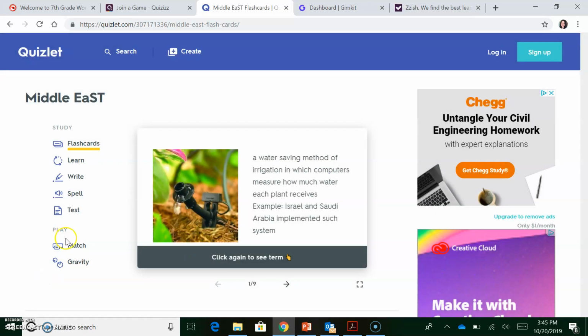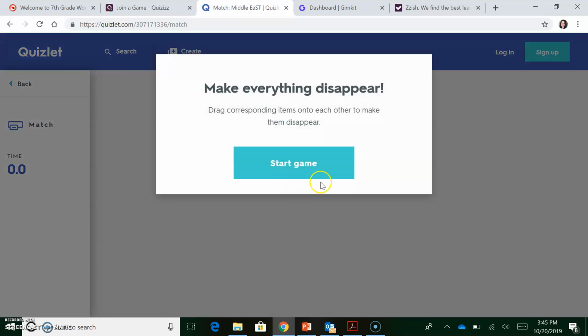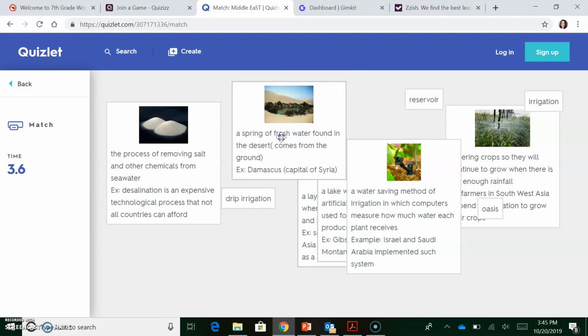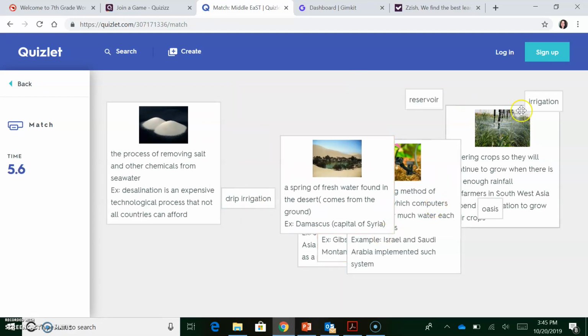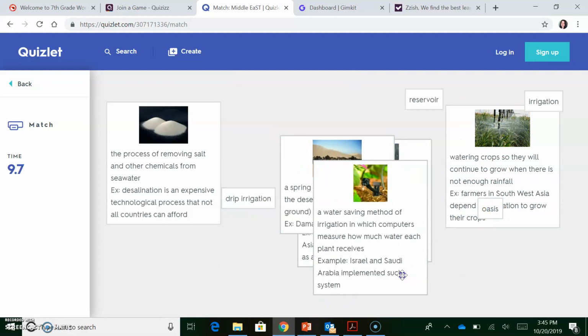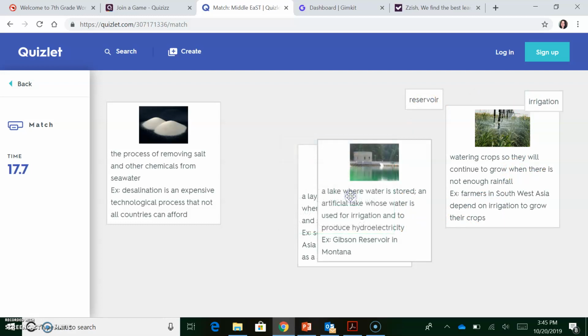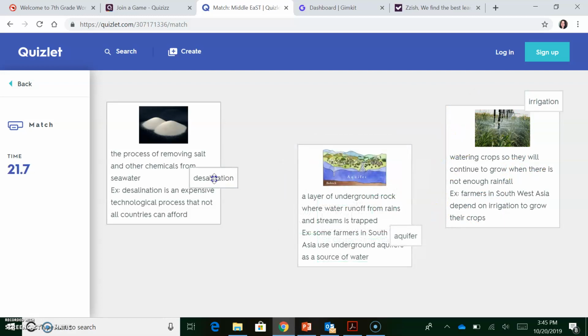And they're able to play the game, so it makes it nice to where they can... I am not doing good with this. All right, here we go. Drip irrigation. Yay! Yay! Woo! Sorry, I was being...